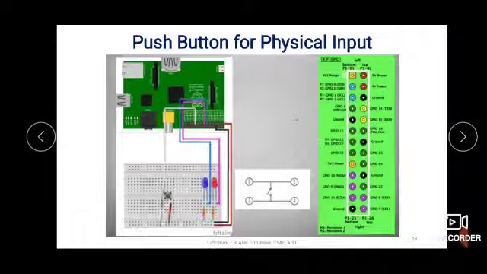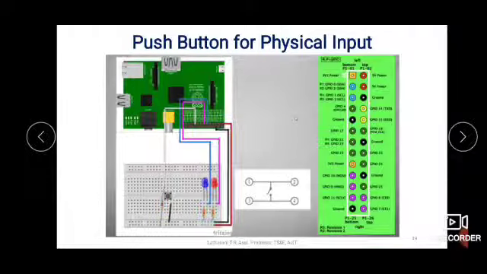Then a resistor is connected with that and it is connected to the power, and also the other end is connected to the ground. And also this is connected to pin number 10. Push button is connected to pin number 10. You can see this GPIO pin number 10, which is connected to the push button.